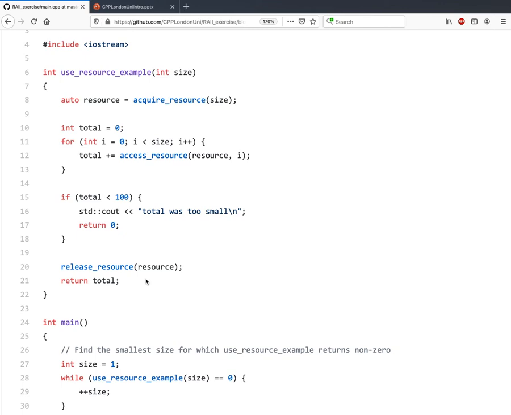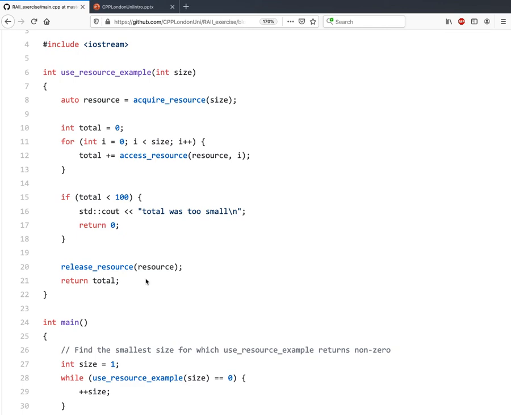They most often provide you with functions that look roughly like this. So this is following the pattern that I showed right at the beginning of the lesson. We are acquiring something, we are using it, and then we're releasing it.